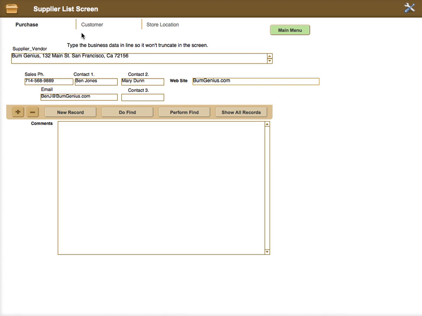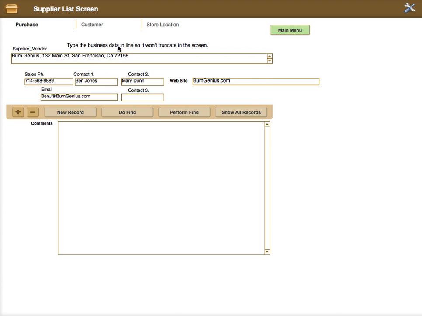When you set up the individual vendors that you're going to be using in the database, you want to be able to have the vendor information in a single line all the way across the screen here. Do not try to do returns and create a standing vertical information, because you want to be able to read this without having to have it truncate the information. This is actually truncated automatically when it comes into the supplier list screen,